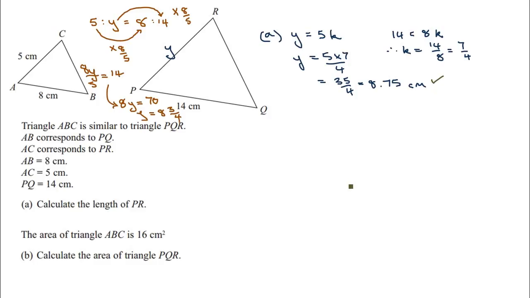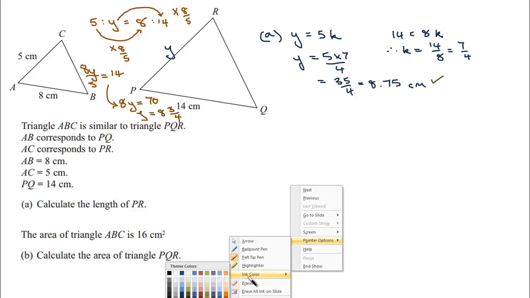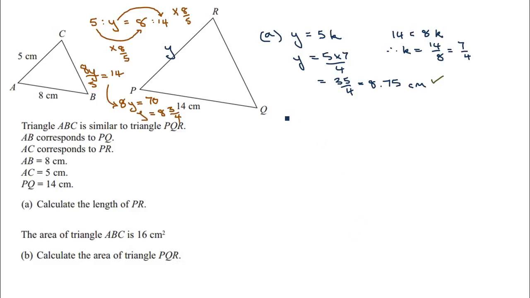Okay, now slightly more tricky is part B. Let's do that here. So for part B, the constant of proportionality has to be squared. And that's because if we've got corresponding lengths that we're scaling up by 7/4 to get from the 8 to 14, for example, that's if it's a length, it's going to be scaling up by a length and a breadth, if you like, 2 dimensions, when we're going